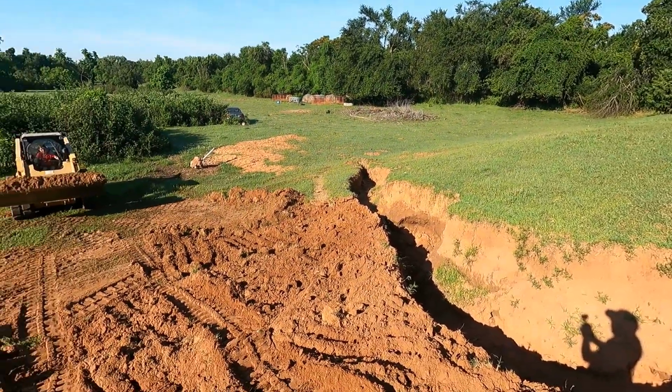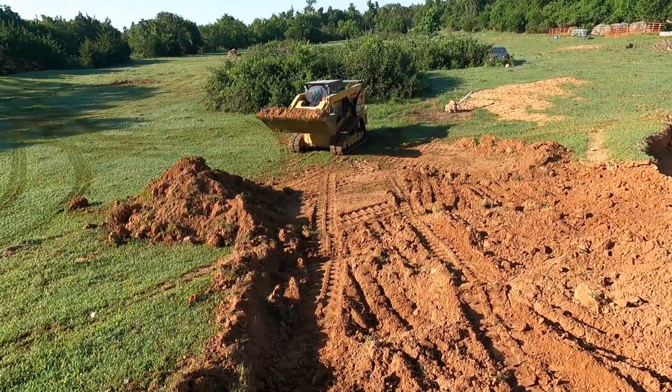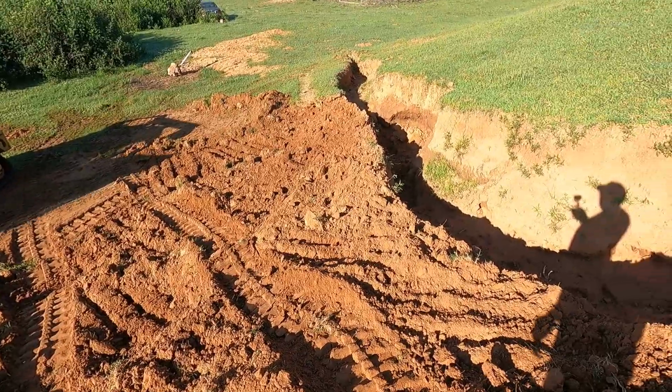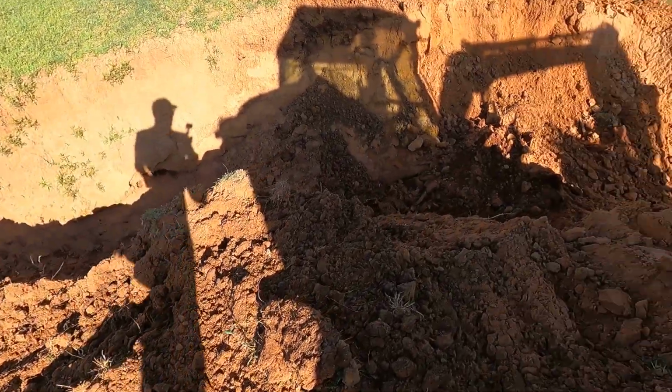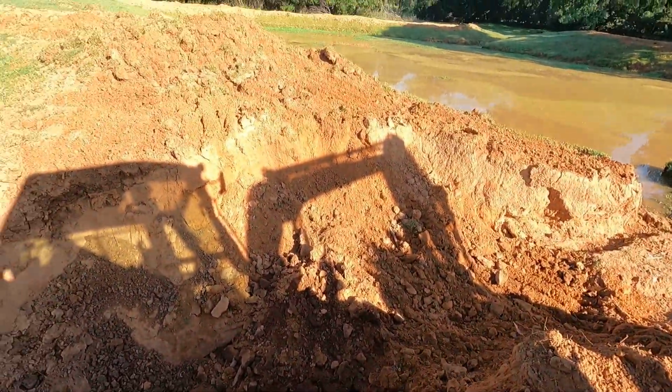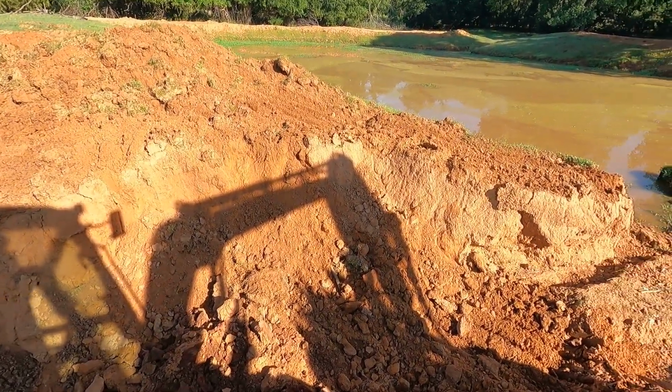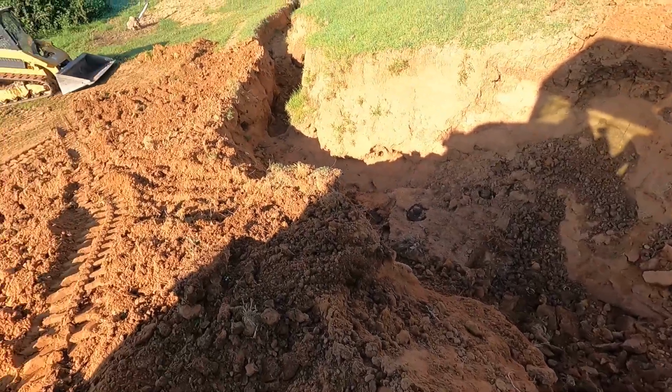So I got this all cut out. I threw all the grass to the side. I got my boy throwing it in a pile. We'll use that to cap everything. I just want to use clean dirt when I start filling this hole in. I peeled all this back too because I'm gonna layer it, make a shelf so the skid steer will fit in here and compact on top of that